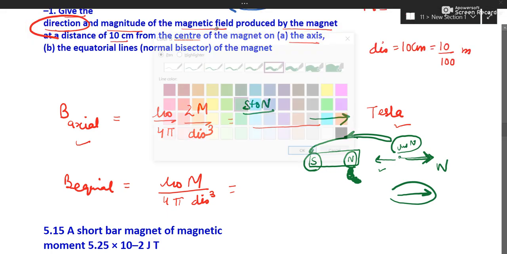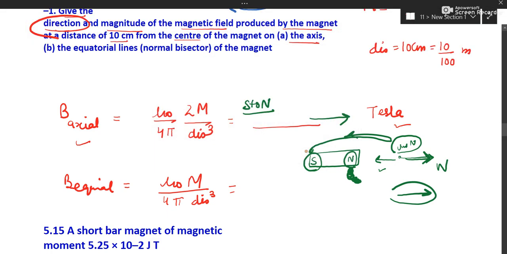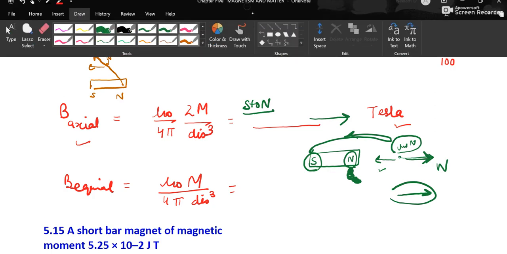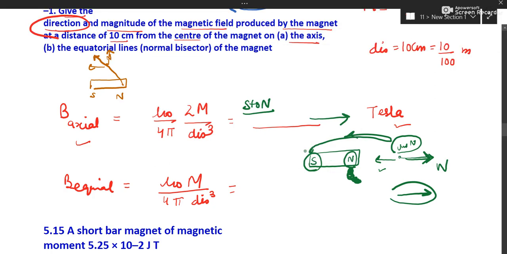And if you wish to see what is the direction of the magnetic field for equatorial, then you can go for this. This is the bar magnet, south, north. This is the equatorial point. Here we'll imagine a hypothetical unit north pole. North repelling. The two components are like this. South will attract this. So this is the arrow. Two components are like this. So this is the arrow in which the south field and north field are also here. So this is the direction, it is from north to south.